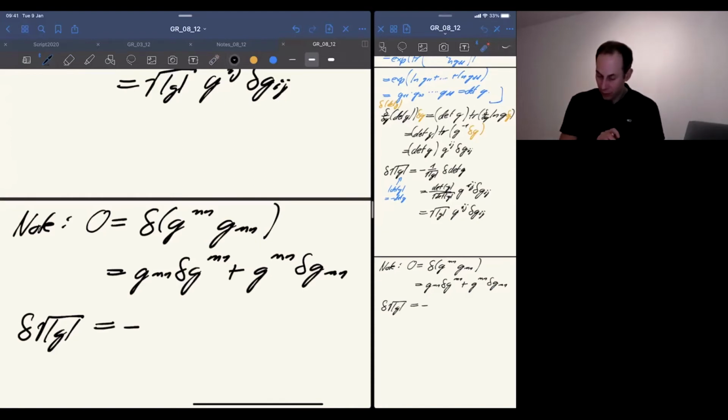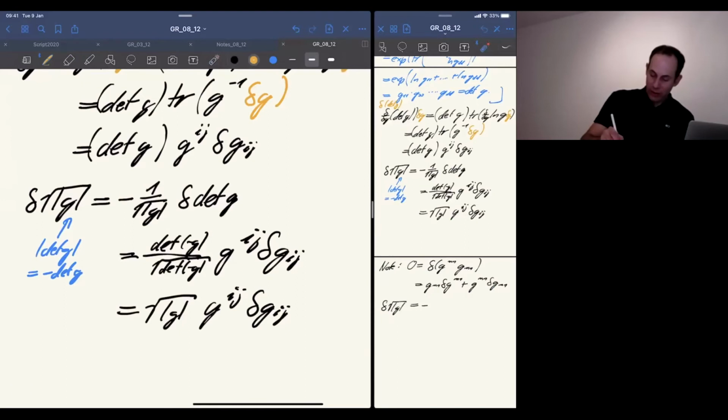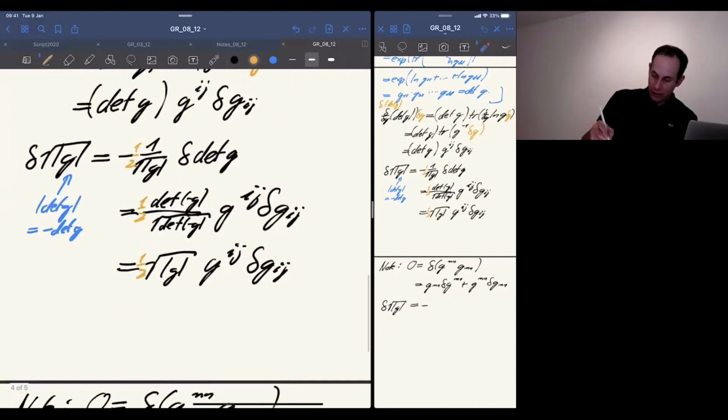Oh, I think I forgot something, and no one notified me. This is a bit worrying. So there was an error here. Namely, here I took a derivative of the square root, and obviously if I take a derivative of a square root, I'll get, I think, a 1/2. So I guess there must be a 1/2 here. For some reason I don't have this in my notes, but I think it should be really a 1/2 here, because of the square root with respect to which I took the derivative. So I also have it here.